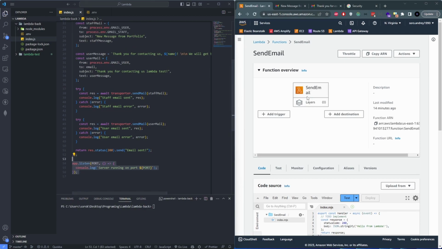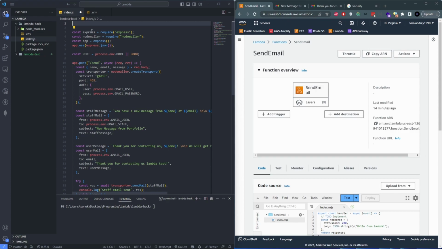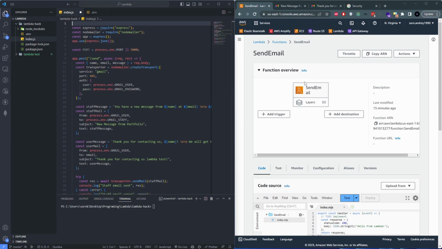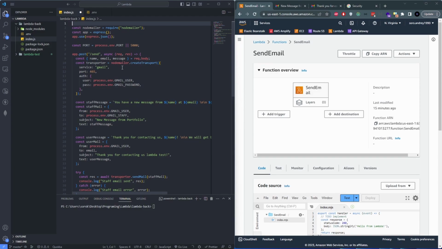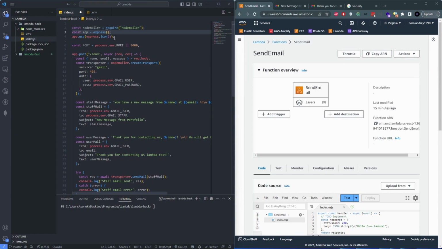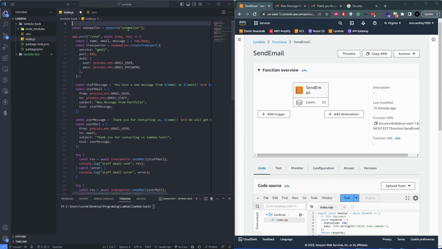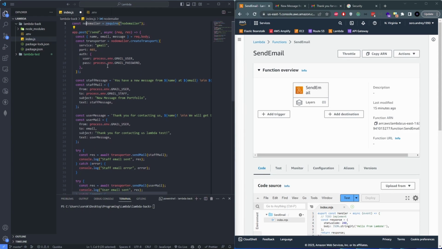So we transform this into a Lambda function. We're going to delete this app.listen. We don't need that. We don't need this require env because that's going to come from AWS itself. We don't need Express anymore because we're not running that. We don't need app = express and we don't need app.use. We don't need port because that's going to be set up by Node.js. The only thing we need is just nodemailer. That's it. And then instead of this app.post, since we don't have app anymore, we're going to convert this into